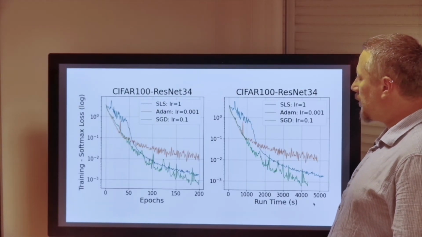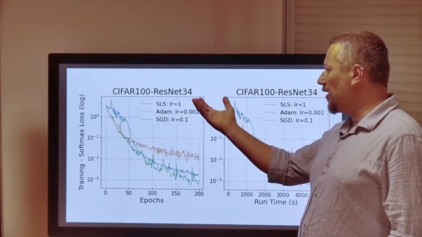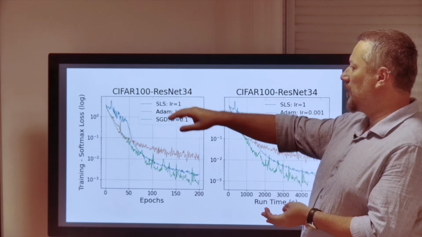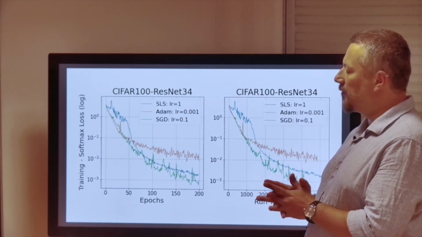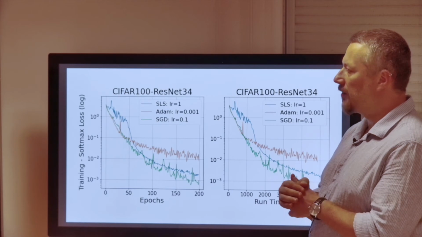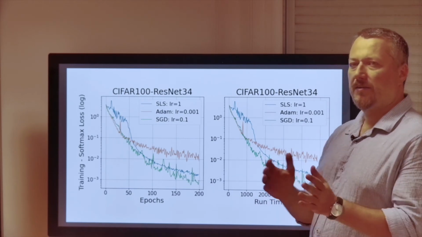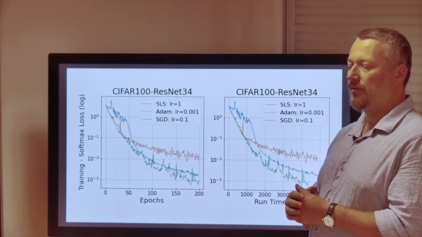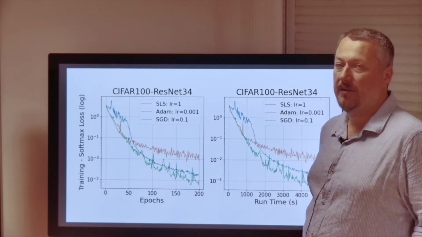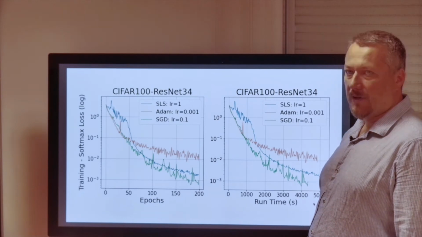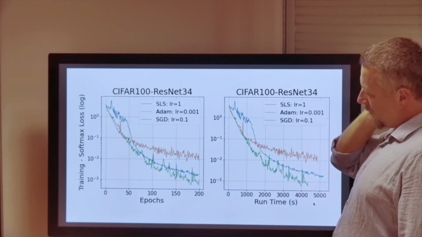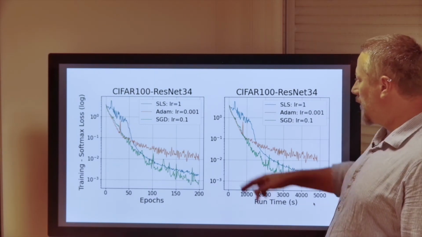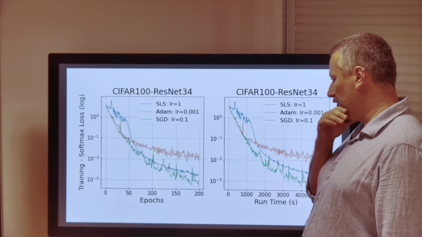So here is another example. This time it's the same neural network model, but now it's used on another data set called CIFAR 100. Similar to CIFAR 10, it has 32 by 32 color images of objects, but now we have 100 objects, so 100 labels. And if you look at the performances with the same hyperparameters and the same learning rates,